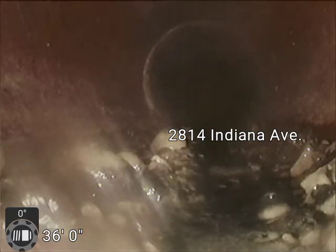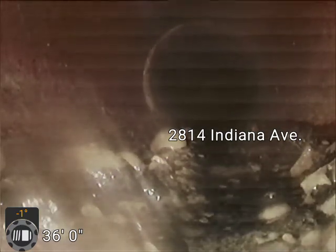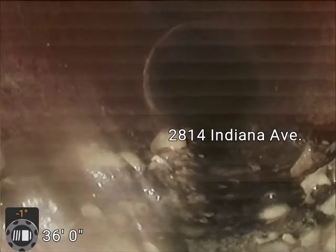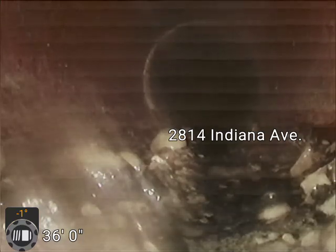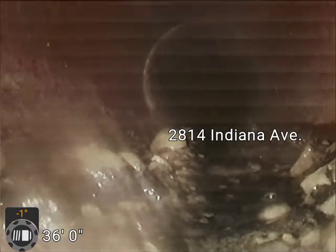So I'm going to pause again and get another locate here so we can follow the line. Okay, it does look to be heading out, if you're facing the house from the driveway or from the street, it's going out the left side at an angle, going into the neighbor's backyard. I pulled the manhole in the front. The line is not coming into there, so